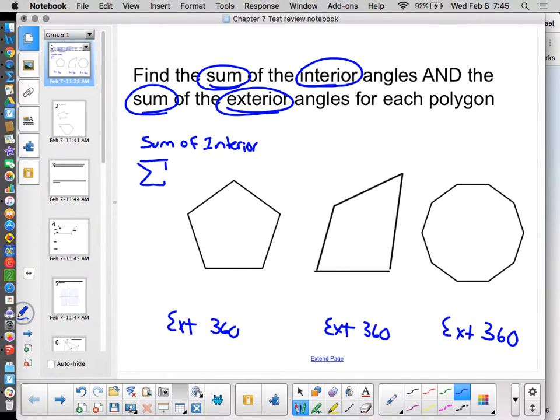It means sum of. You'll see that more in Algebra 2 eventually and pre-calc. That sigma is a shortcut. It means sum of the interior. What's the formula for that? N minus 2